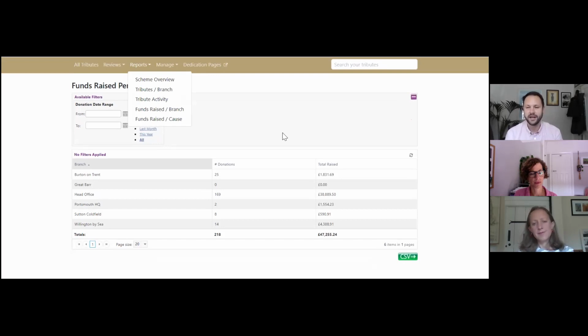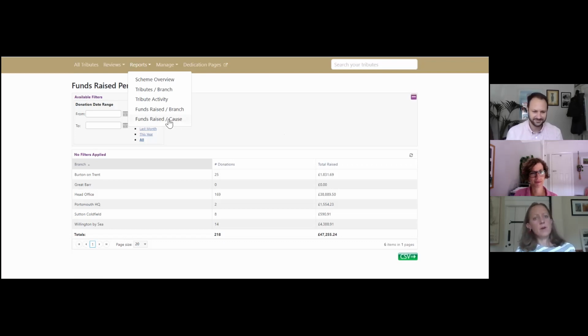So if you've got a small remote office that doesn't do a huge amount of funerals, actually they might have a significant amount of money raised, and that would be a really nice thing to talk about, to tell your colleagues and to give your colleague a pat on the back and say, wow, look at what you're doing within your community. So it's almost an indicator of how much you're contributing to your community,